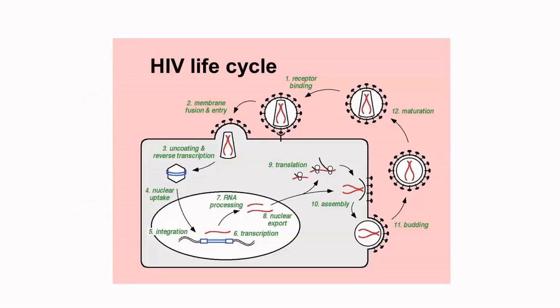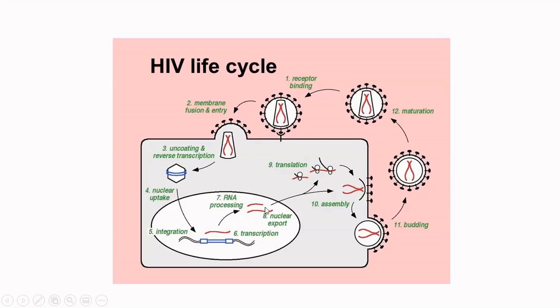Now this is the life cycle of the HIV virus. Initially the receptor binding, you can see where these attachment proteins are. Then the membrane fusion and entry. Third, uncoating and reverse transcription. Further, the nuclear uptake. Then the integration into the host genome, transcription,